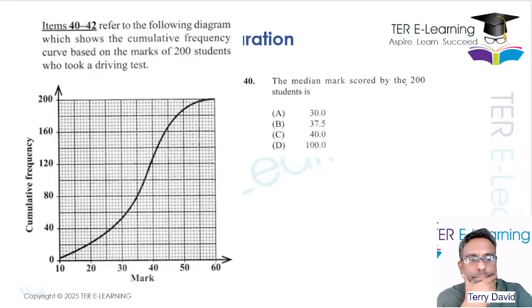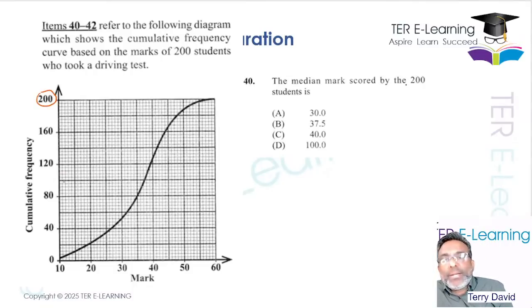Right? Everybody seems to be getting B as the answer. Let's check that. If you want to work this out, this is 200 here. You want to get the median, so you're going to find half of that. Now, if I were you in the exam, let's put in some numbers here: 20, 40, this will be 60, this is 100. So you're reading off at this point here. So you're going here,